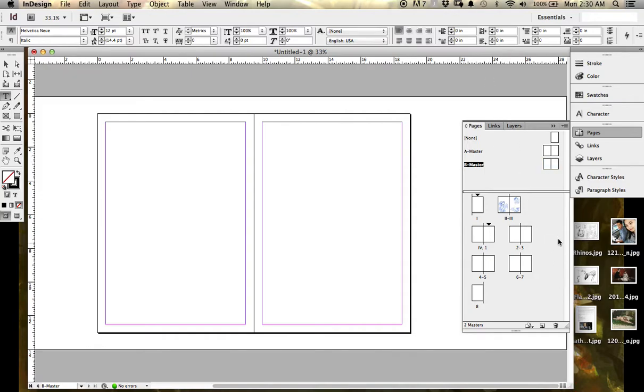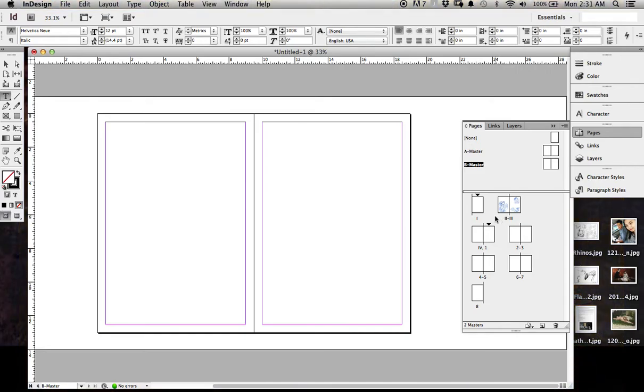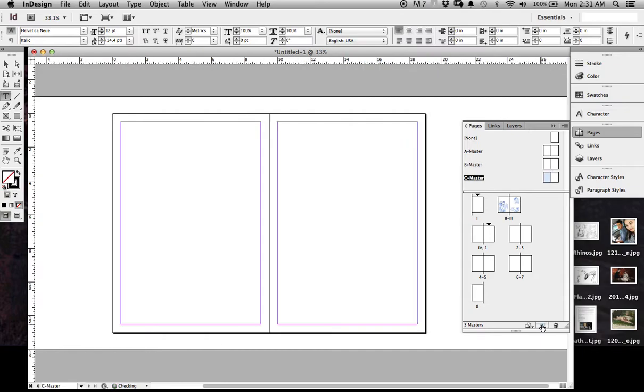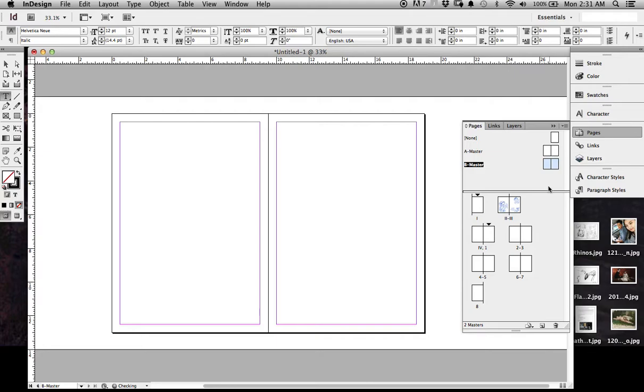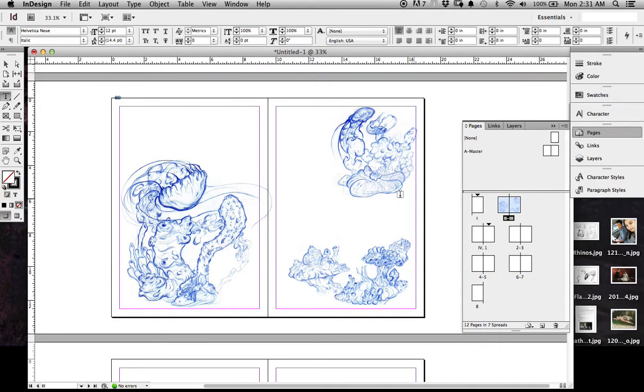Master pages are basically templates that you can overlay on top of your regular pages, and it will put on these regular pages whatever you have on these master pages. So they're actually really awesome, and it really speeds up the workflow. Imagine you have this book, and right now you have 30 pages for the book. I'm getting into page numbers, by the way. So you have a 30-page book basically,